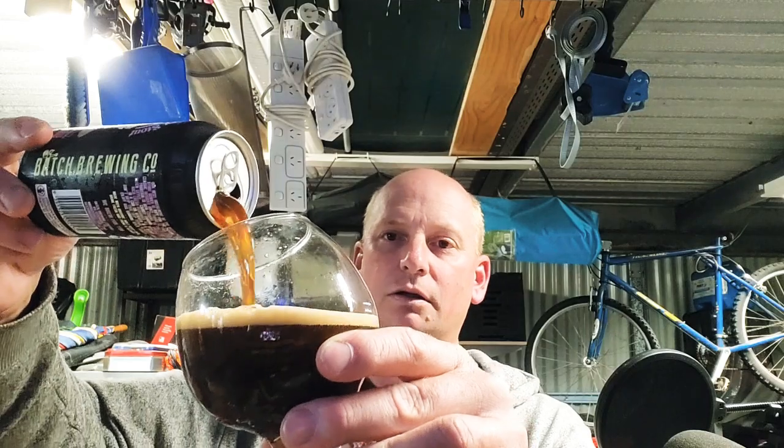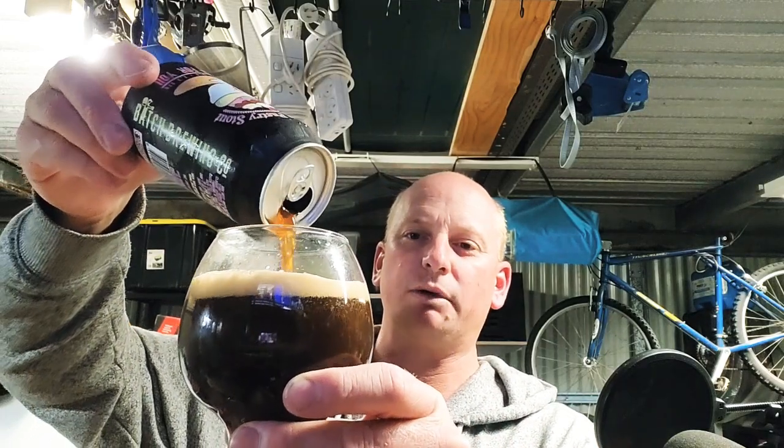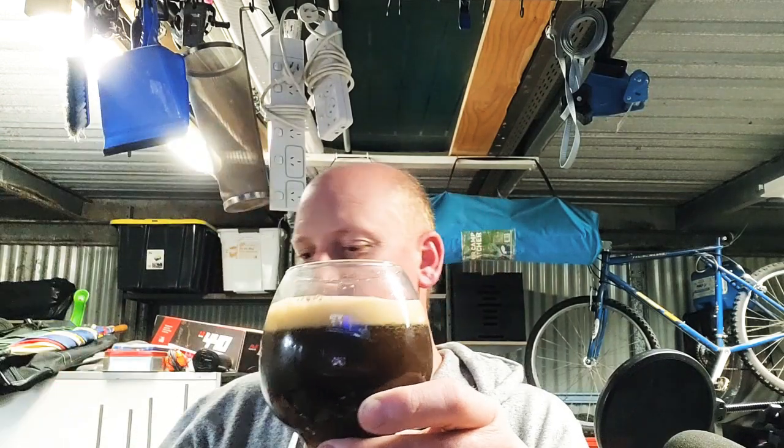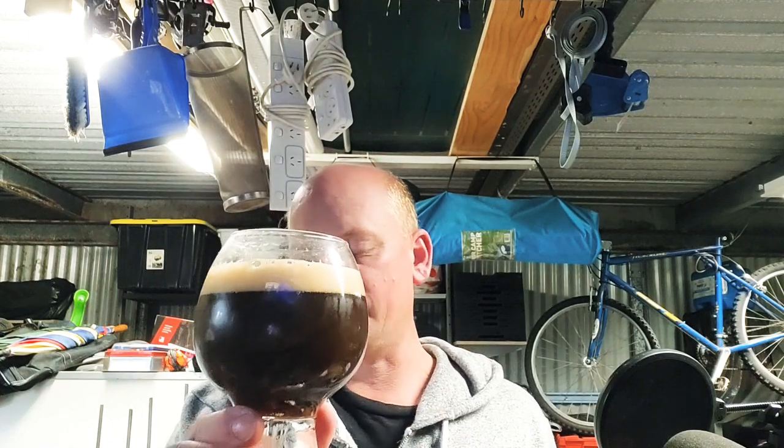Reading a bit of research and reading up on a couple of articles, the Americans certainly aren't worried about aging beers that contain lactose. Oh, hold up here in front of the camera. So that's why I'm not really concerned about whether this beer is going to be any good or not. I quite well could have just kept it aside, but